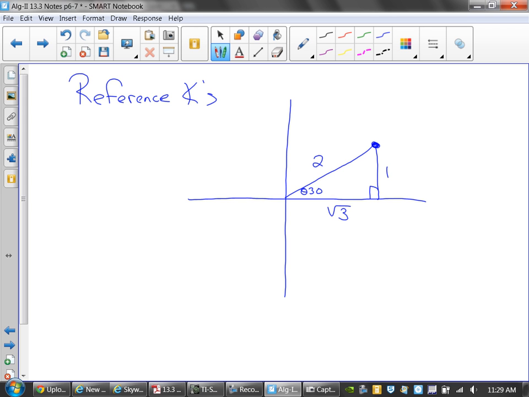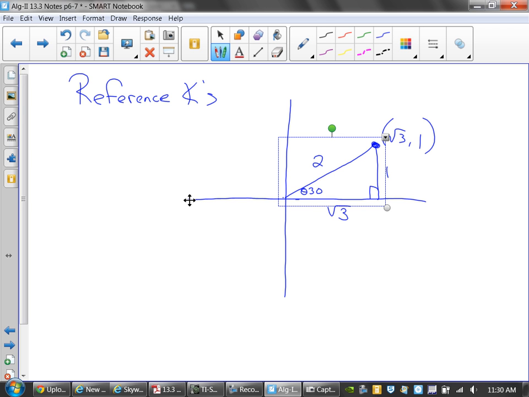So that means this spot has an ordered pair of what? We have an ordered pair of x is root 3, y is 1. Okay? That's the ordered pair at that spot. Now, here's what happens. If we redraw this triangle,